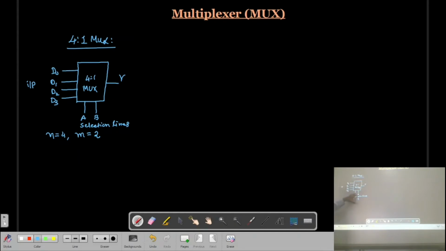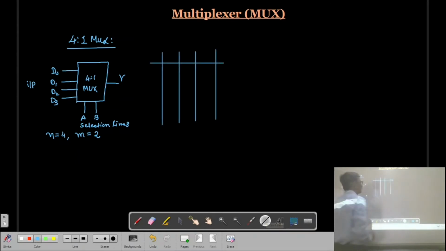Now what will be the logic diagram? For this logic diagram we have to make a truth table. So let us see the truth table. We have A selection line, B selection line, and Y is the output. Two selection lines are there, so there will be 4 combinations: 0 0, 0 1, 1 0 and 1 1.